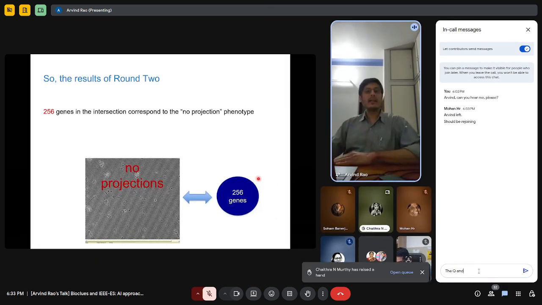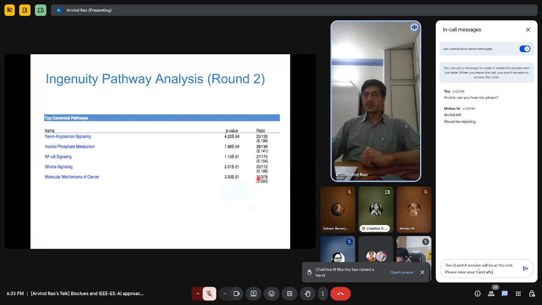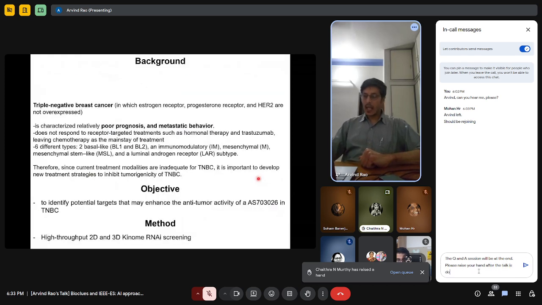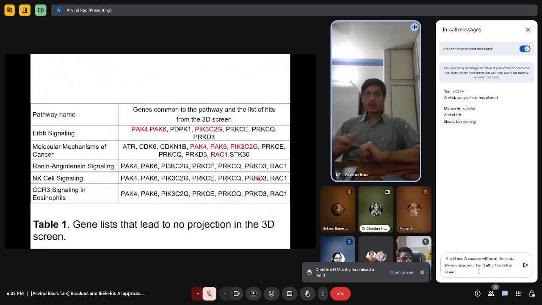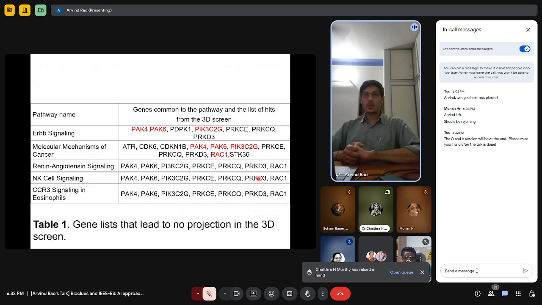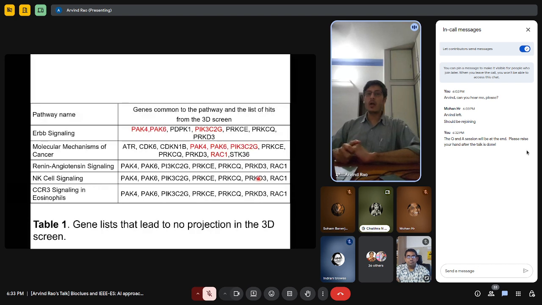So now let's ask the question, that's all very nice. What did you finally find? So when we looked at the genes that made the cut after repeated cycles of learning, training, and labeling, we converged on a pathway, I'll come back to this in a second, called the PI3 kinase pathway. Now, I don't know how many of you are in the biology field specifically, but if you're in breast medical oncology, the PI3 kinase pathway is one of the most canonical pathways that is involved in cancer etiology, right?